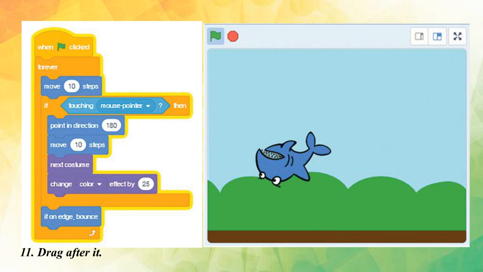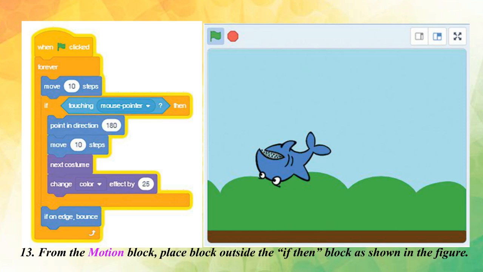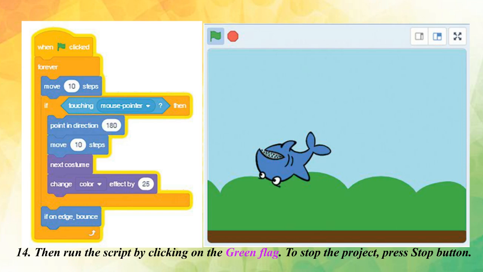Drag after it. 12. From the looks block, add an after block. 13. From the motion block, place block outside the if then block as shown in the figure. 14. Then run the script by clicking on the green flag. To stop the project, press stop button.